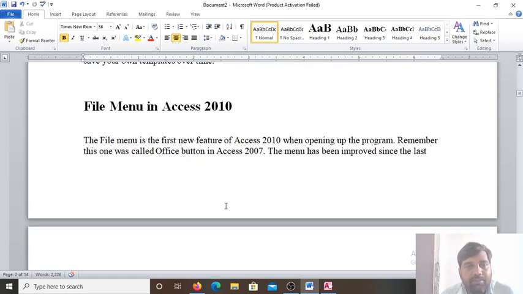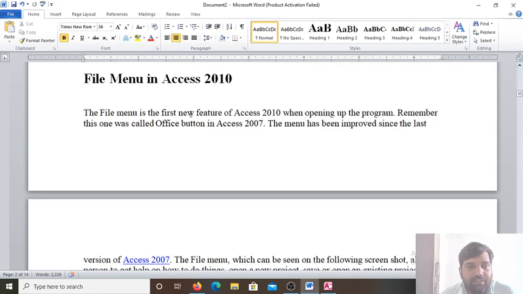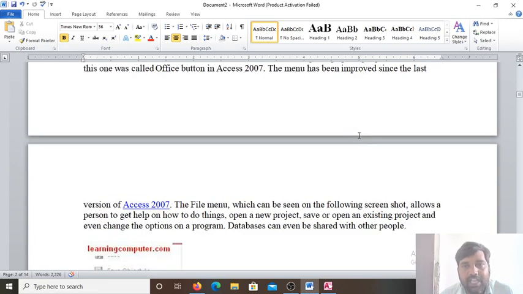So next is the file menu in Access 2010. The file menu is the first new feature of Access 2010 when opening up the program. So when Access 2010 opens, you'll find the file menu. Remember this one, also called the Office button in Access 2007. The menu has been improved since the last version, Access 2007.